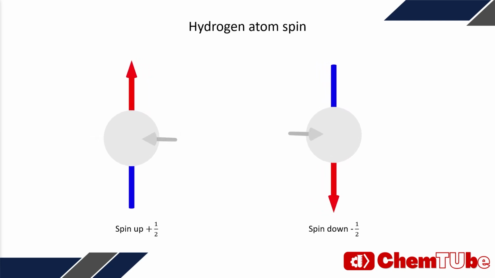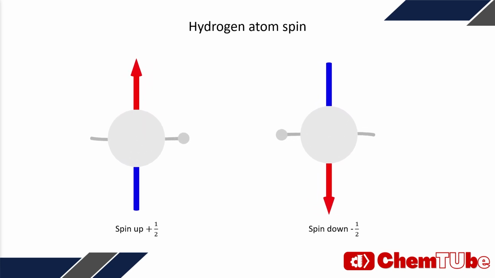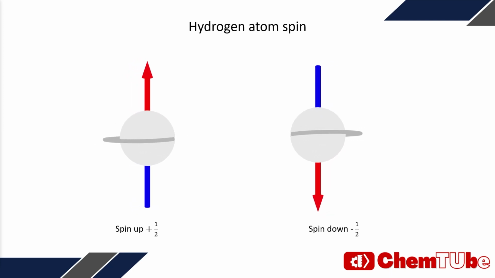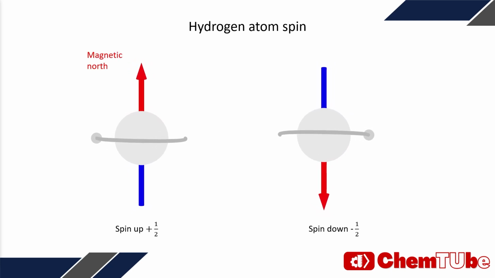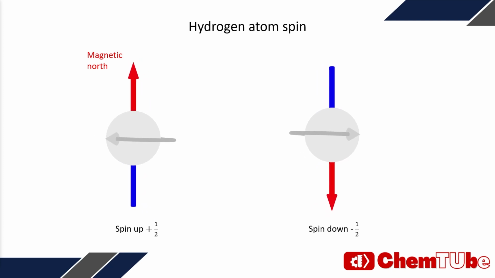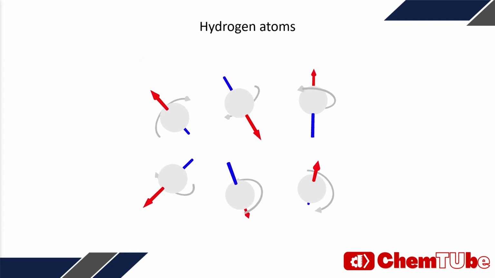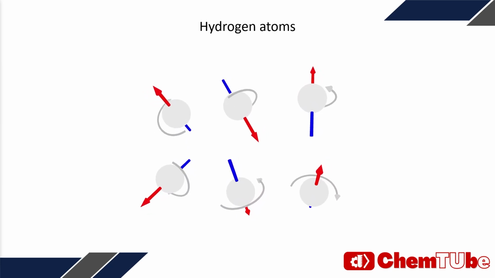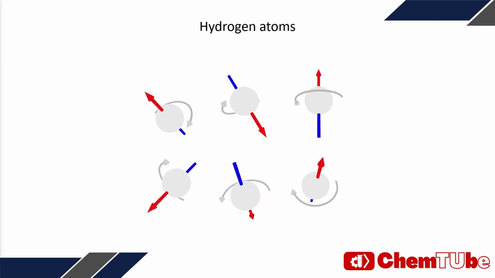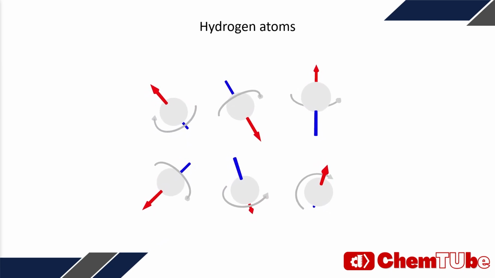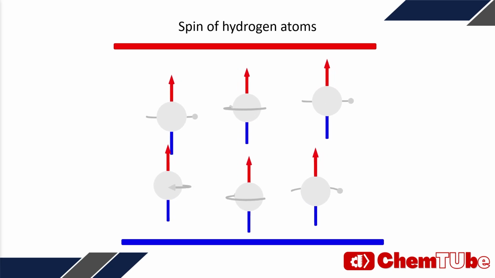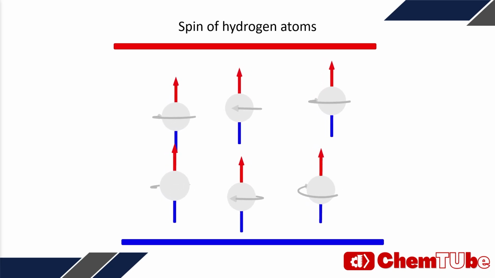This property called spin makes the hydrogen nuclei behave as bar magnets, which all create their own magnetic field and have a magnetic north. The direction of this magnetic north is determined probabilistically. Normally, this probability is evenly distributed, and the resulting magnetic field from all hydrogens cancels out, giving us a net zero magnetic field strength. This, however, changes if a strong external magnetic field is exerted on the hydrogens, as they start to align with the magnetic field.